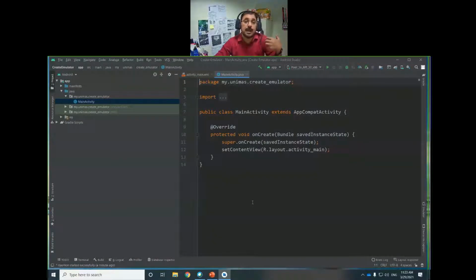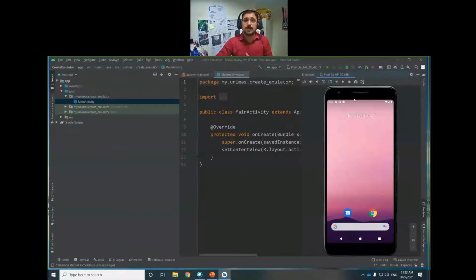First of all, what is an emulator? Let me quickly show you. You see, this is an emulator. So actually, what is it? An emulator is a software. It is not a physical hardware device inside Android Studio.